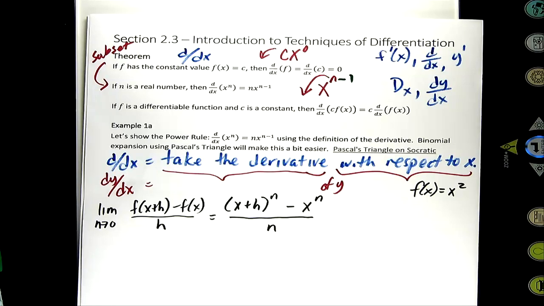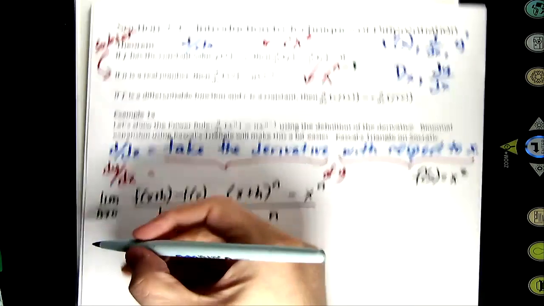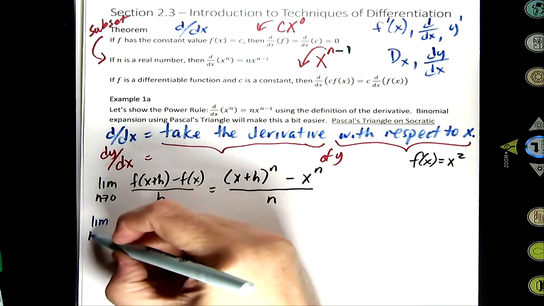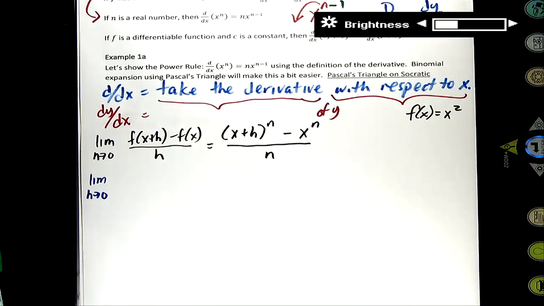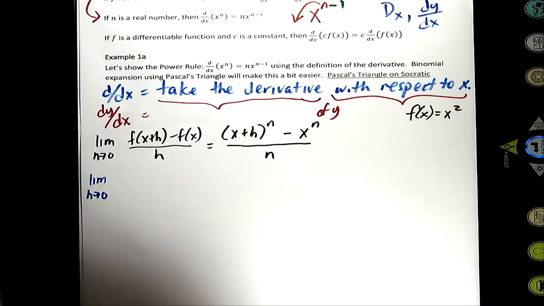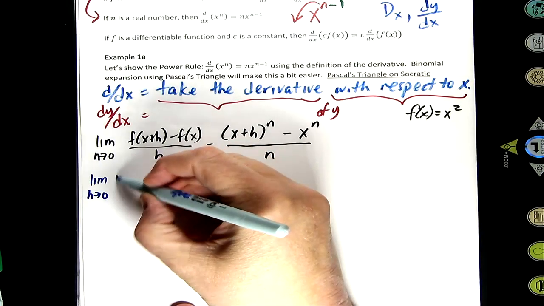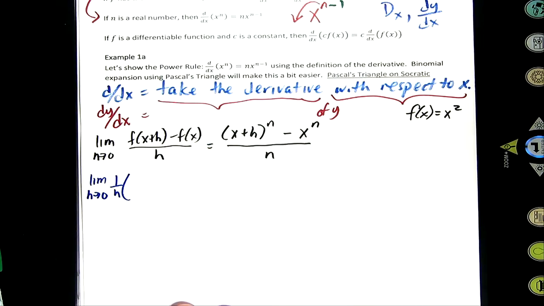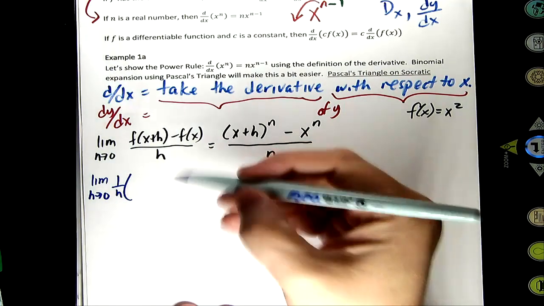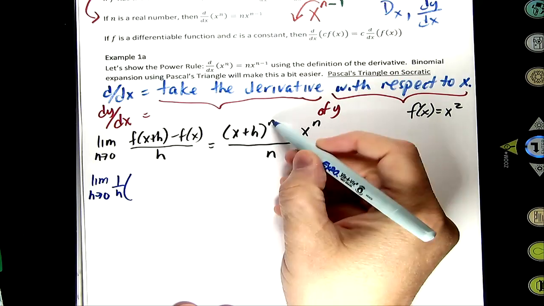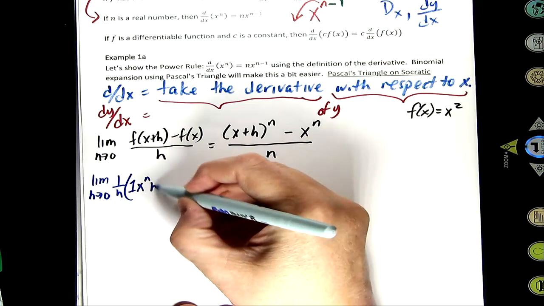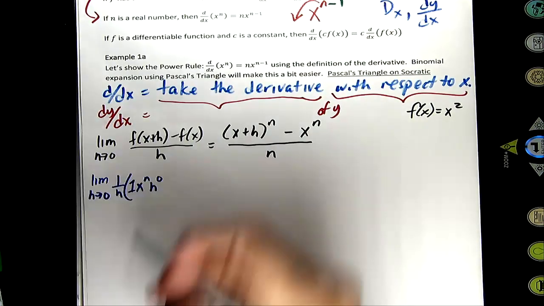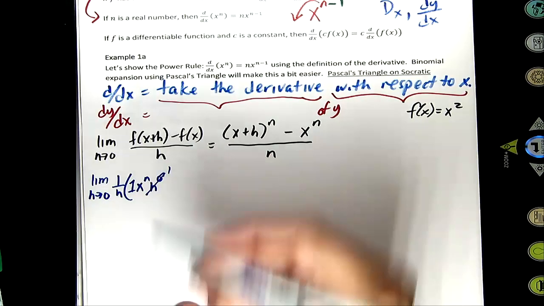So we still have limit as h goes to 0. And now I'm going to do x plus h to the nth power. I'm going to put that 1 over h out front real quick. So the first one is x to the first thing to the maximum power with the coefficient of 1, and the h to the 0 power, which is just 1. And then